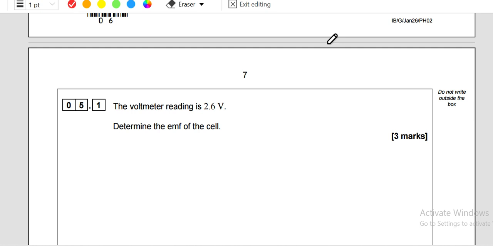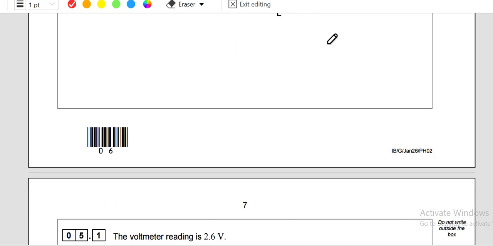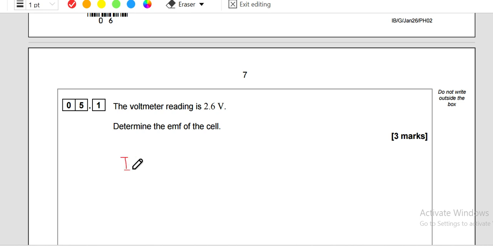As the voltmeter reading is 2.6, we have a current that equals this voltmeter reading over the value of the fixed resistor, which was 47. So I is 0.06 ampere, and the EMF, which is also VB, equals the potential across the fixed resistor, 2.6, read by the voltmeter, plus the potential across